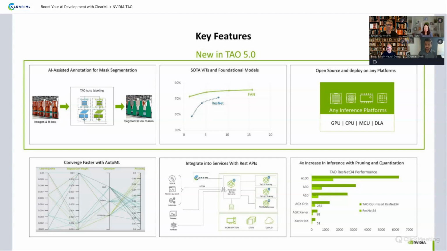Our newest version that we announced was TAO 5.0. We announced it a couple of months ago in July, and then we've added another revision. We just released a dot version with some new models, and then we have another dot version that's coming out in November. So a lot of rich features, a lot of models. Depending on what your use case is, we support a large range of vision modalities for many use cases.